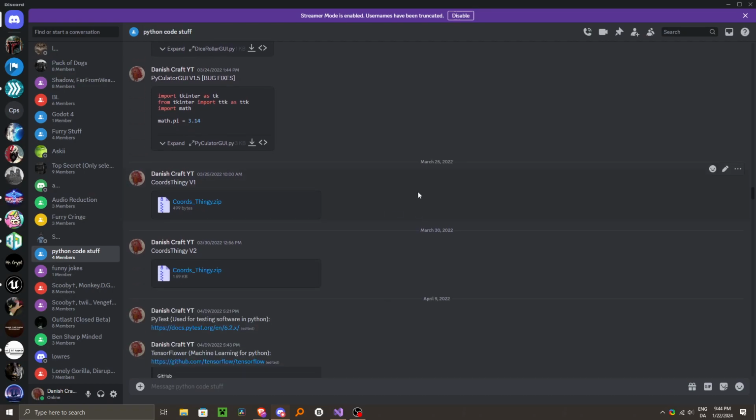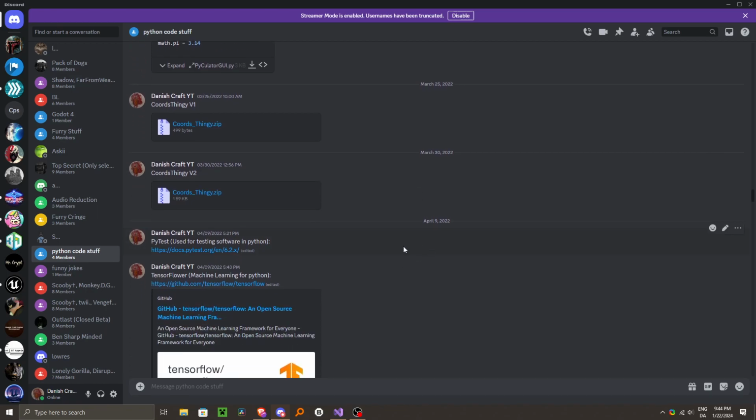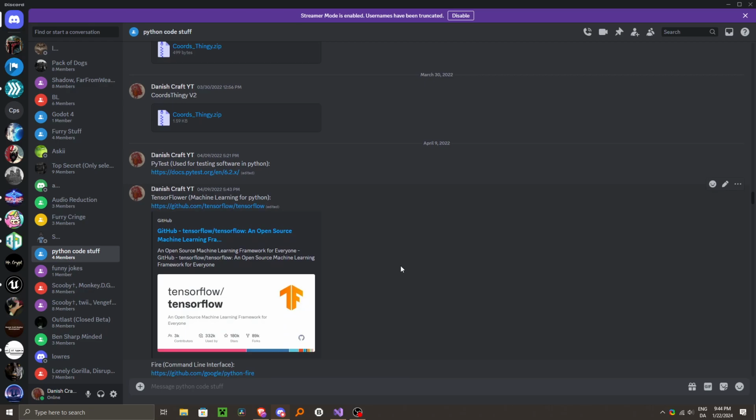Oh, this is when I started working in GUI stuff. I think I have like 7 or 8 versions of this, but just look at the size. We went from 500 bytes, aka about 0.1 kilobytes, to about 1.6 kilobytes. And then there's PyTest just for testing software. Oh yeah, there's